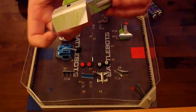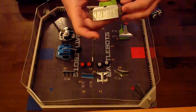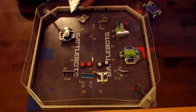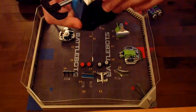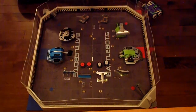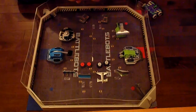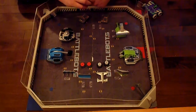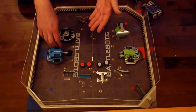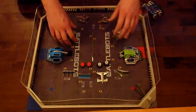It's actually really good looking. The side panels are magnetic, so in battle they come off. And the blue one here, which is my favorite, side panels come off too. Ooh. And each of these kits comes with 2 functioning weapons, 3 panel attachments, and 2 magnetic panels, as mentioned before, that come off to authenticate battle damage, and each comes with